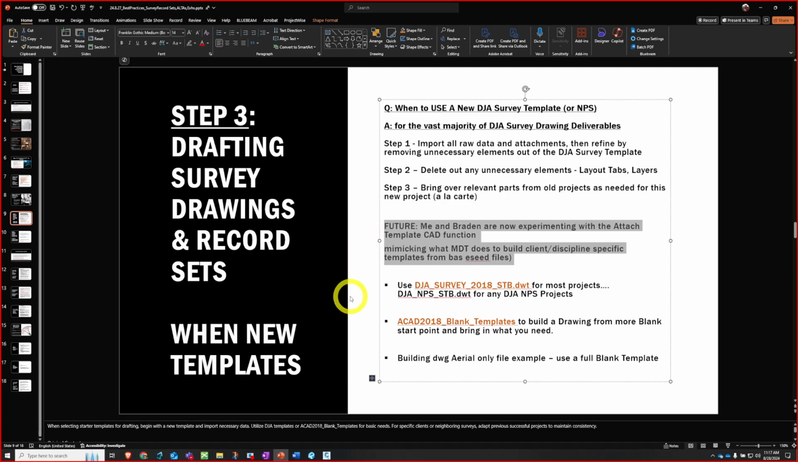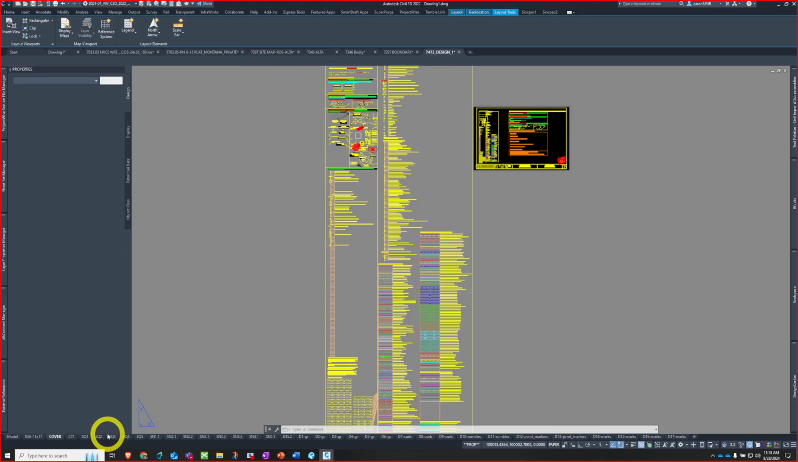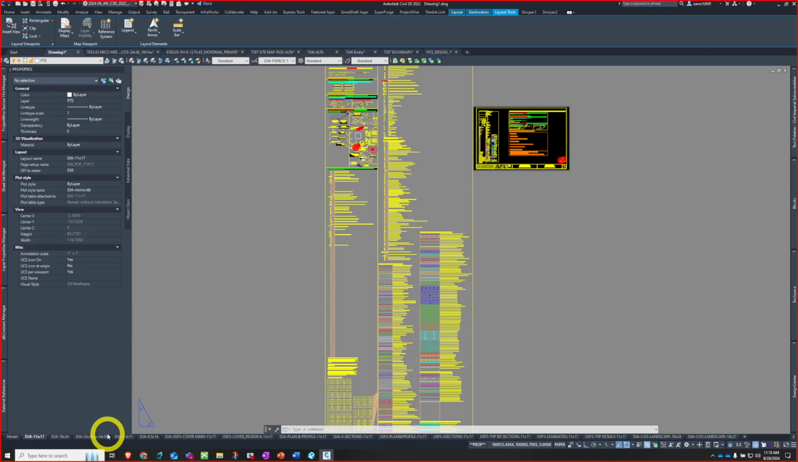Coming up in the future, me and Braden are experimenting with the attached template CAD function. I don't know of an equivalent in MicroStation, but we've been seeing it with MDT to build seed files. So you keep a really built up seed file that has good stuff in the background, and I'll go to one right now. And you attach things you want later, like say a structural details drawing or a signage drawing or a survey monument drawing, or you could think of a lot of ways to go, like a bridge